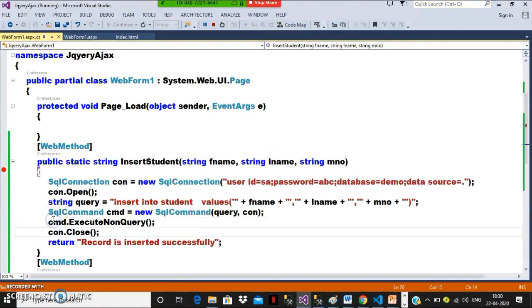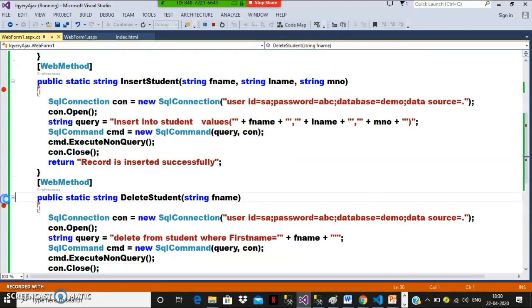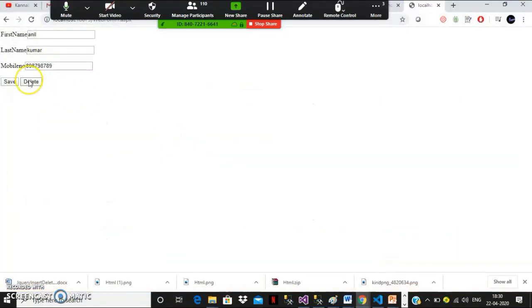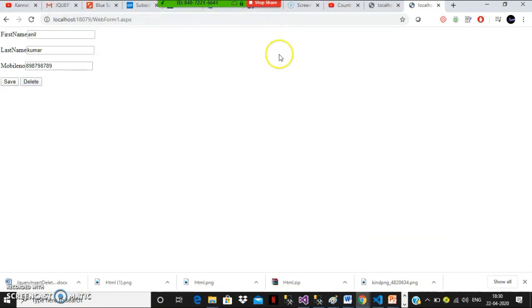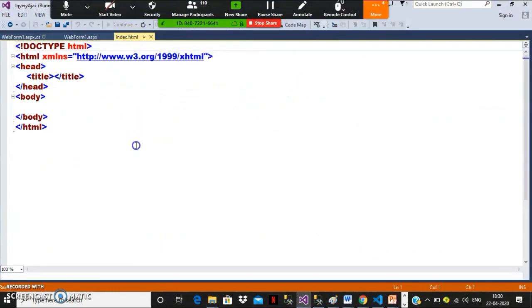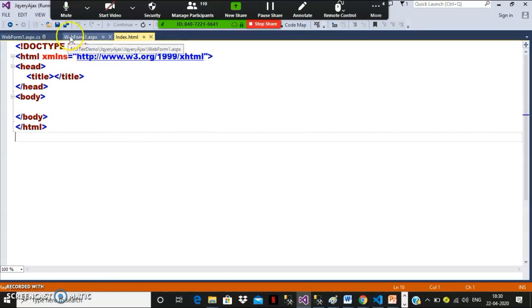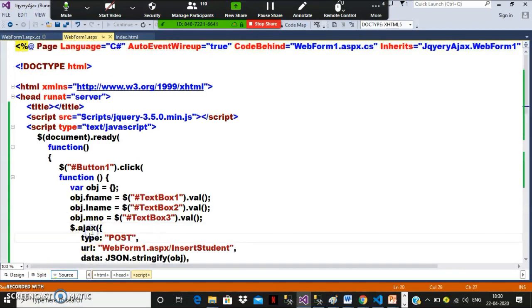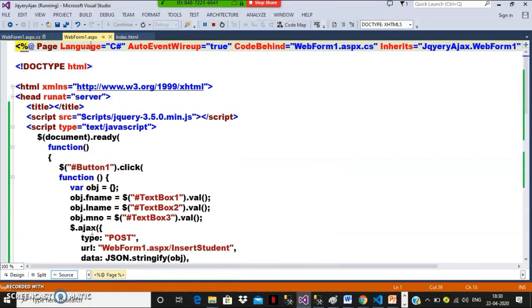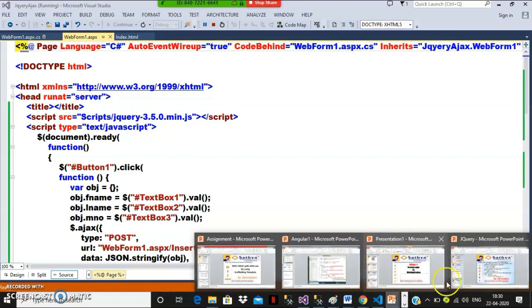Similarly, you can check the delete method here too. If you write the delete code, it will work. Is it clear? If you click on the delete button, we will check whether it is working or not. Just click on delete. Now for the delete method also, the request will go to the server. I think the delete related code we have not written properly here. That is the problem. But still, in a similar manner you can work. And I recommend you watch that country state example. I can definitely satisfy you. That is how you can work with Ajax.